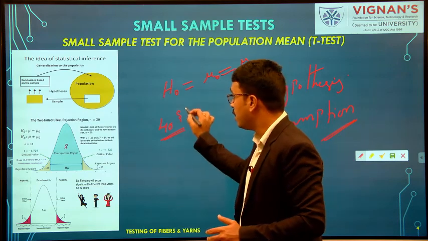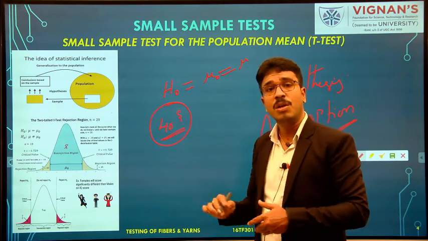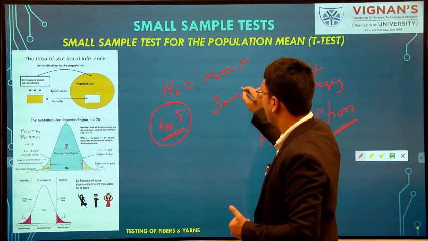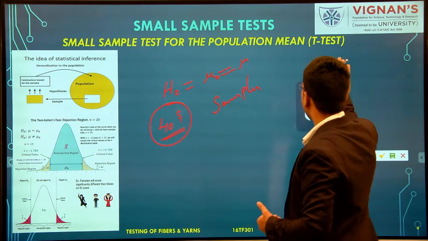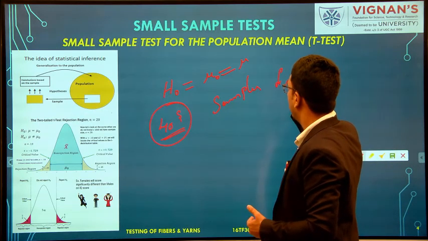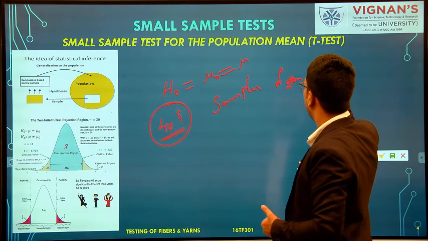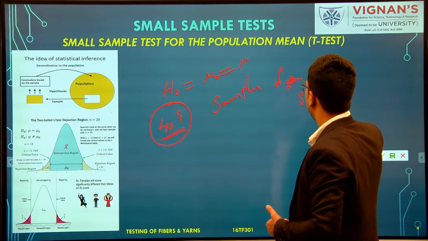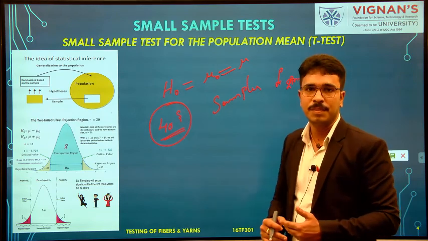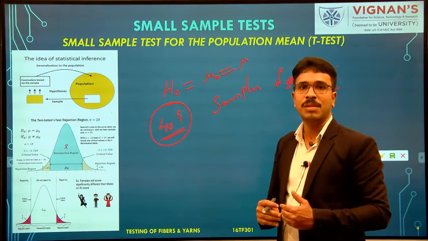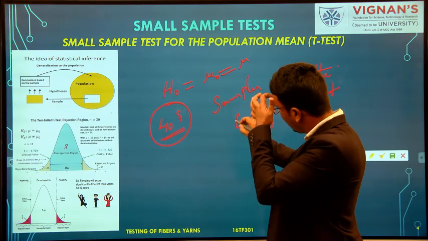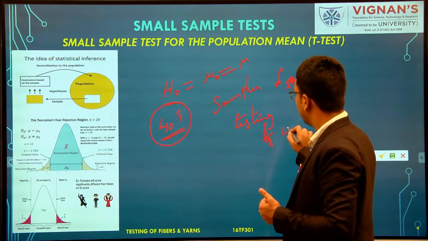And after producing that yarn in that particular shift, to know whether the 40s count we have produced or not, what we are doing is, we are taking some samples from the shift, that is whatever the shift we have produced the yarn. After selecting the samples, we are doing testing. We are doing testing of count.